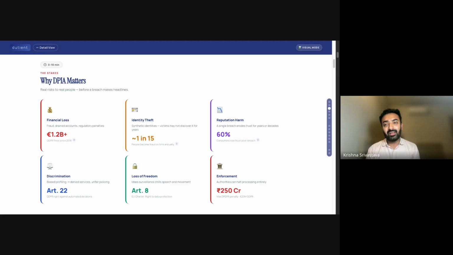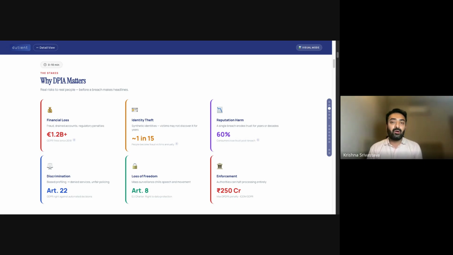So AI adoption may still take some more time, but AI cybersecurity attacks have started. And when a new or innovative technology is introduced, it has the potential to change the world, but it also has the potential to cause catastrophe. So that is where we need to be very, very careful in looking at how we process personal data of